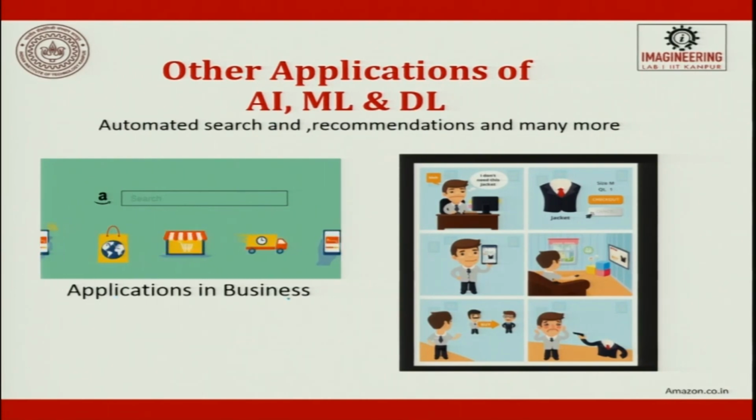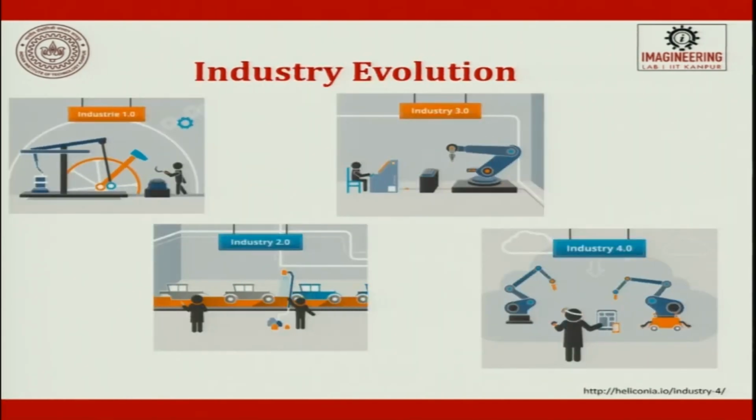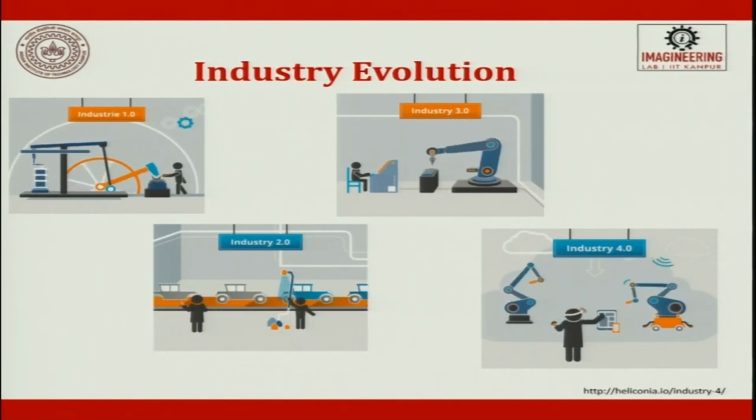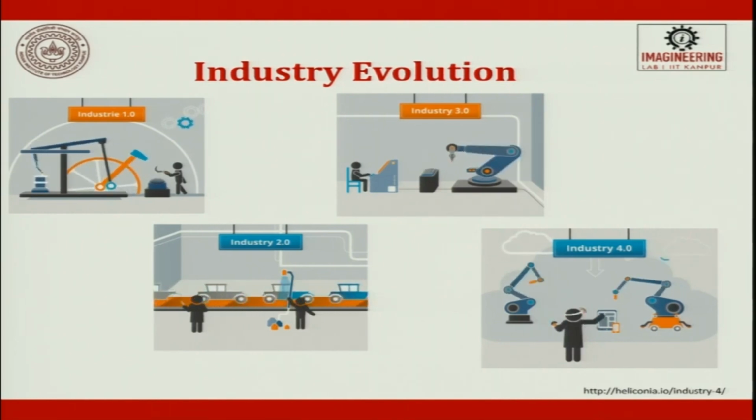So, the application in business is going to be like Amazon uses it in a very big way, and here decision making is also done and it is also giving recommendations on the decision making that is happening today. Today the judiciary system uses artificial intelligence in a big way. So, the industrial evolution which we saw earlier: industry 1.0, industry 2.0 where assembly cars have come, industry 3.0 more towards electronics, industry 4.0 where it is happening more towards cyber and physical production. So, we will continue the rest in the next lecture. Thank you.